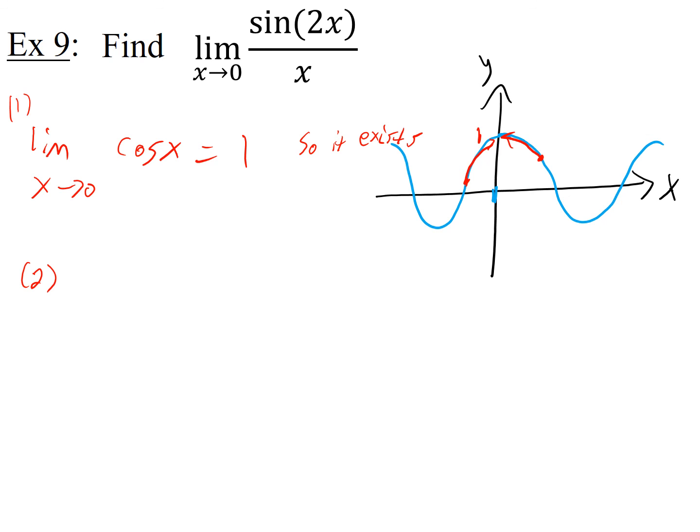Second thing I'm going to write down is that the limit as x goes to 0 of sine x over x is 1, so it exists. How do we know? Well, in class we saw that this limit equals 1 from a table. Of course, that's not the best way to do it. I also told you to memorize it. So for now, let's just believe it. One of these days I may make a video to prove that that limit's actually 1, but for now we'll believe that. And so by 1 and 2,